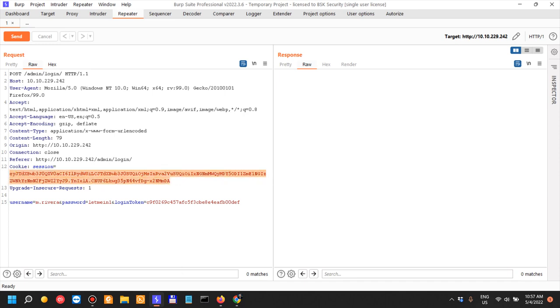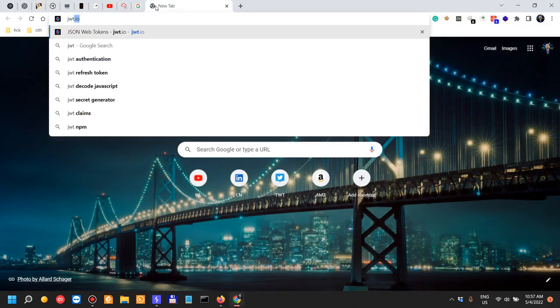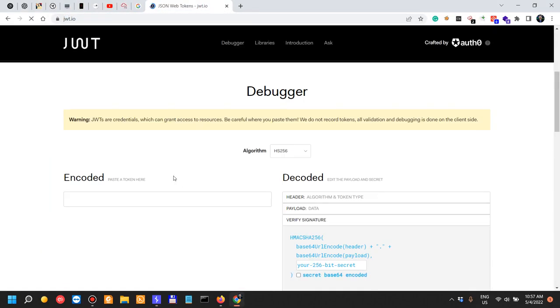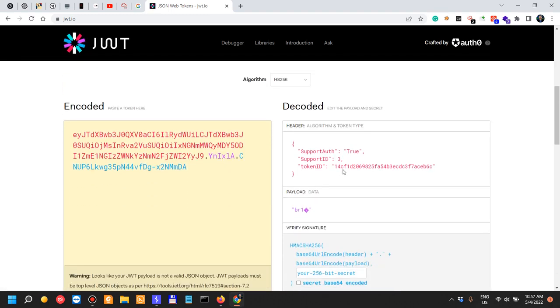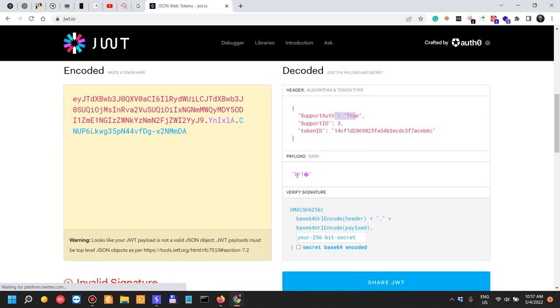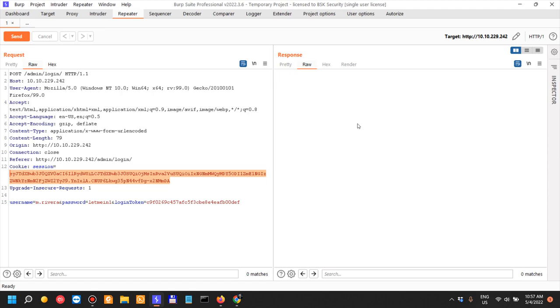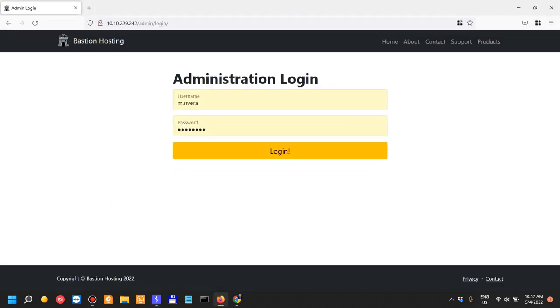We can verify that by looking into jwt.io over here and pasting it in there. We can see exactly what I said. So this is a JWT token. Alright, now next,